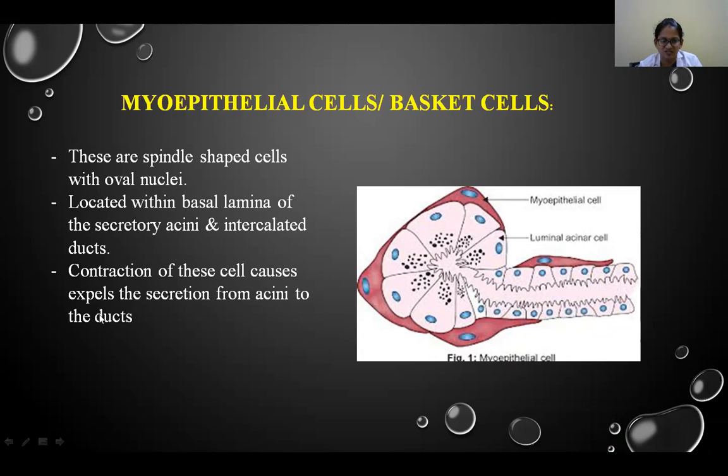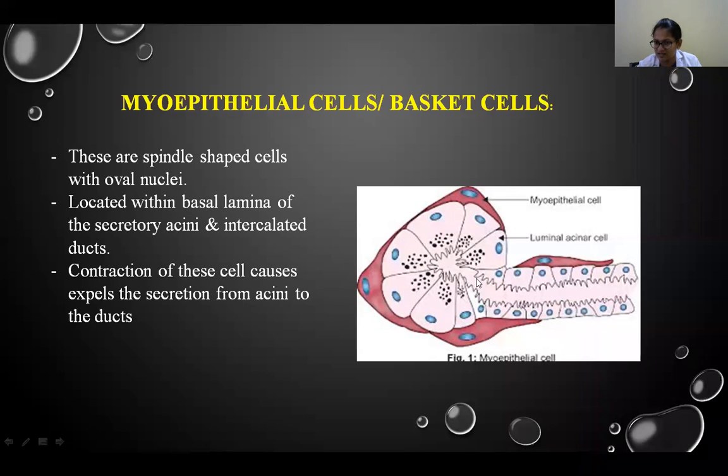These myoepithelial cells contract and expel the secretion from the acini, from the lumen of the acini to the ducts. Here we are going to see a filamentous element, which is useful to contract the acinus, and these acinar cells will release their secretory products